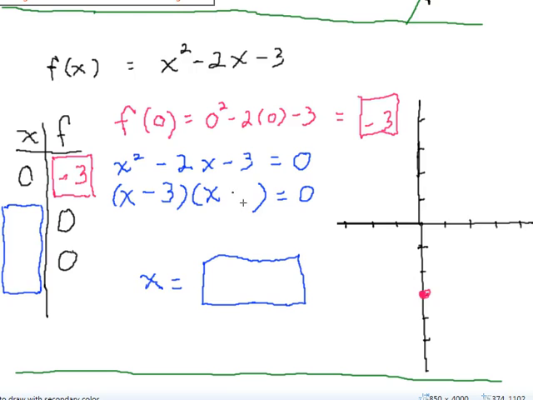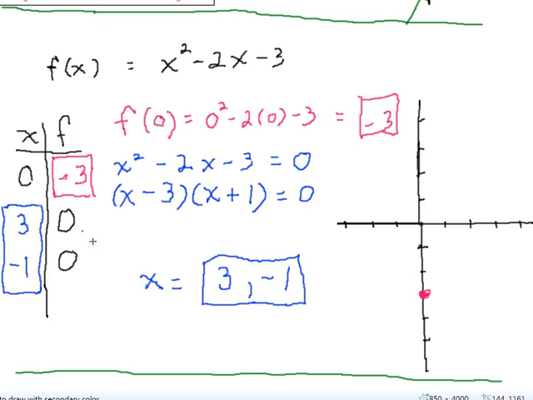By the so-called inverse FOIL method, trial and error. I believe that is the correct factorization. If we FOIL that out, we will get this. So, setting this factor equal to 0, x minus 3 equals 0 when x equals 3. Setting this factor equal to 0, x plus 1 equals 0, subtract 1 from both sides, and there we have that other